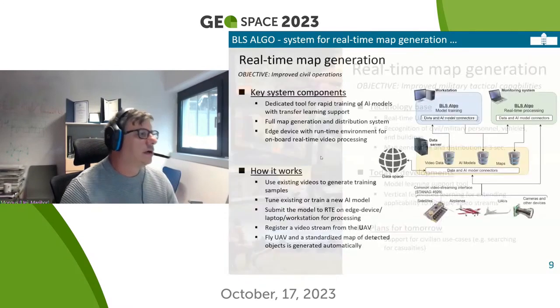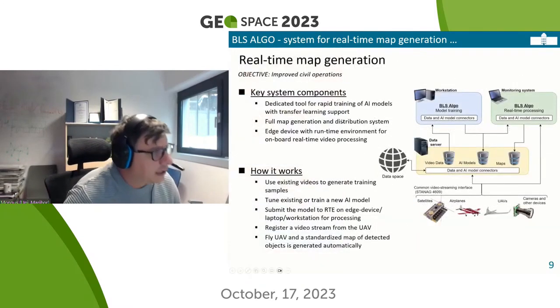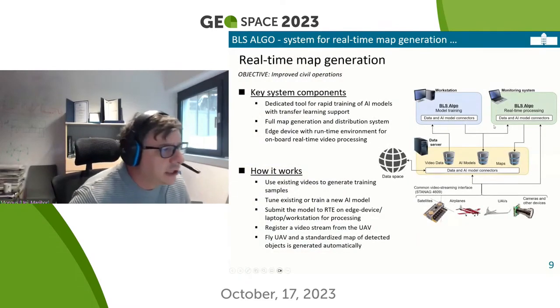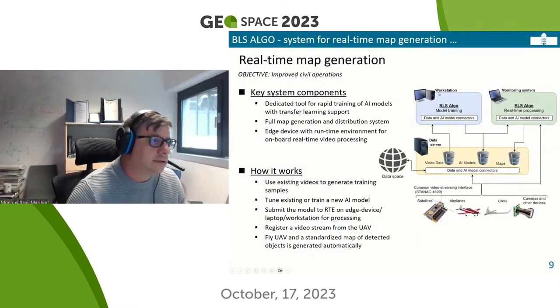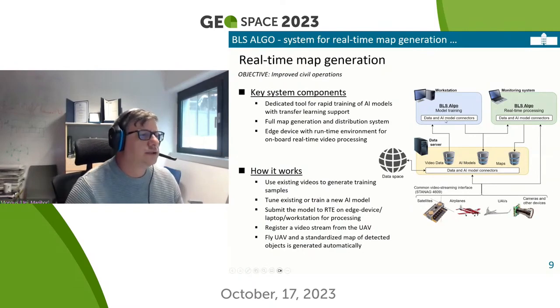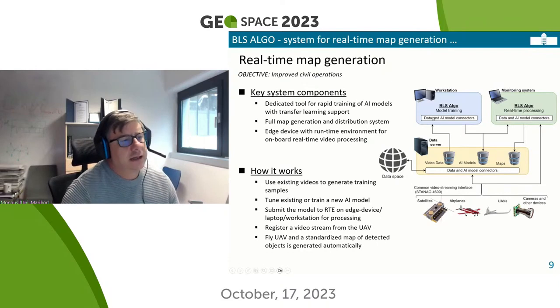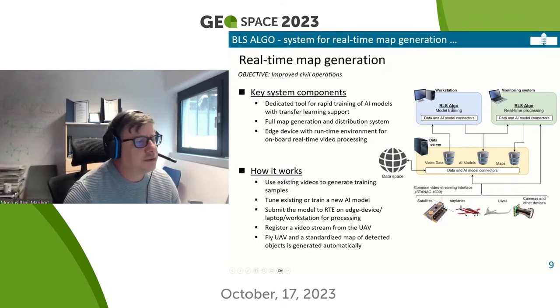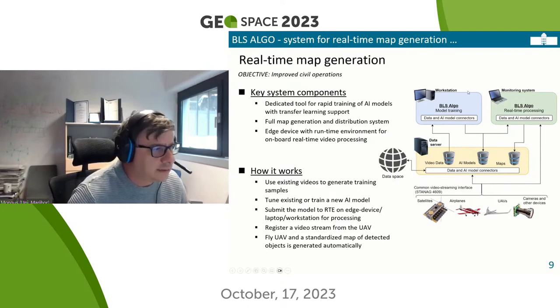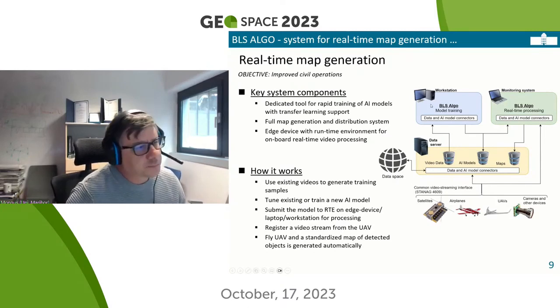So essentially, how the system works, we have three key components. One component is a workstation which is in charge of producing the models. Here we do all the training of object recognition models to be applied on video streams. Usually you need to have some training data for this purpose. This training data can be gathered from whatever kind of system that we want to have.